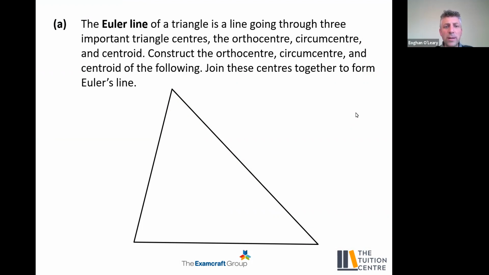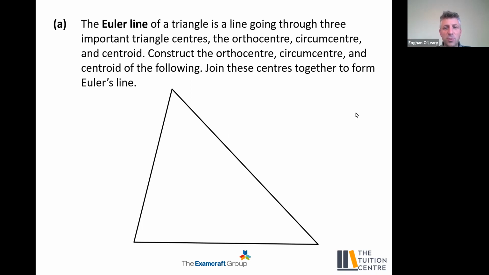So the Euler line of a triangle is a line going through three important triangle centers: the orthocenter, the circumcenter, and the centroid. Construct the orthocenter, circumcenter, and centroid of the following and join these centers together to form the Euler line, or some people call it the Euler line. So we begin